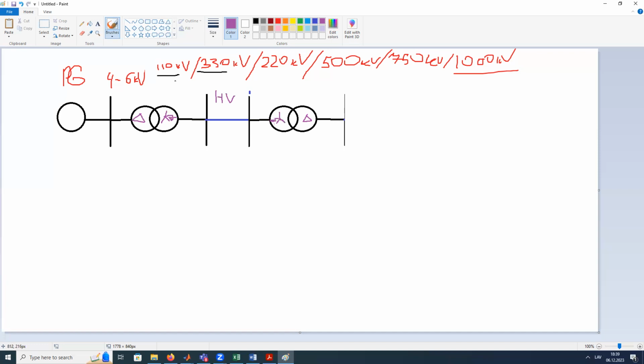Why do we use such a type of transformer? Because of relay protection. Relay protection tells us which connection will be the best. Why? Because, for example, if we